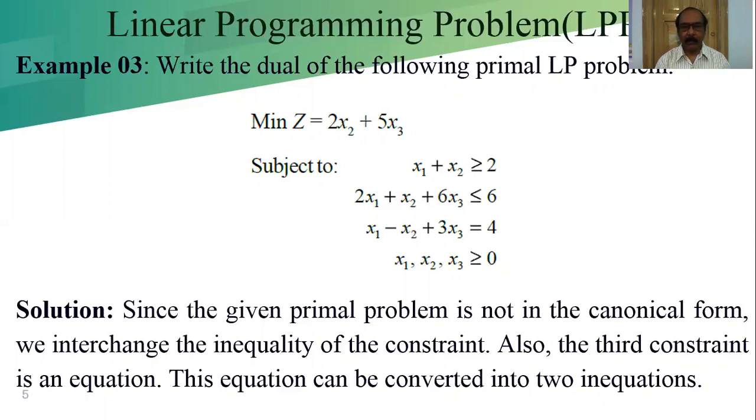Since the given primal problem is not in the canonical form, we interchange the inequality of the constraints. The second constraint is not greater than or equal to, it is less than or equal to. That we have to convert to greater than or equal to by multiplying both sides by minus 1. Also, the third constraint is an equation. This equation can be converted into two inequations. So, rewriting the given primal, we will get